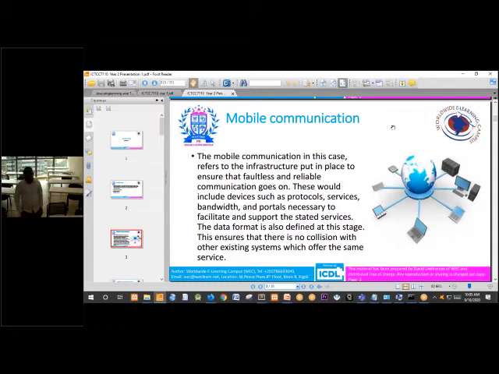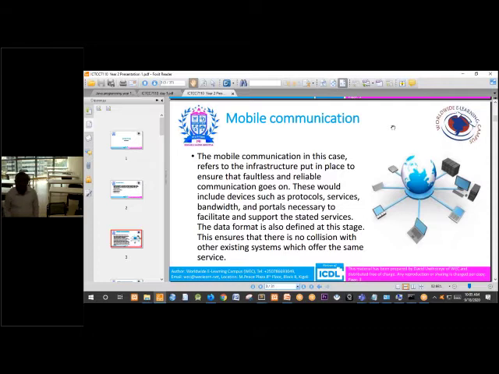This will include devices, protocols, services, and bandwidth necessary to facilitate and support this stated service. Protocols are rules and regulations governing the communication process of a given network.